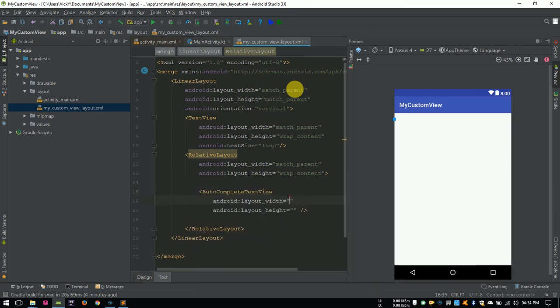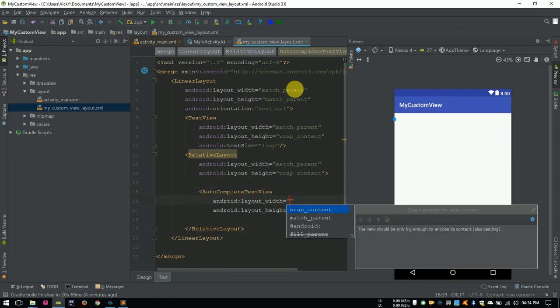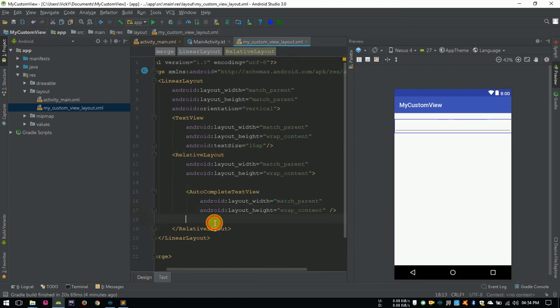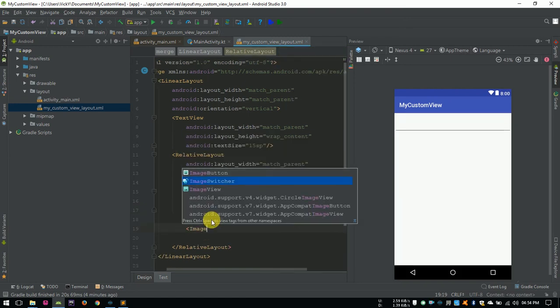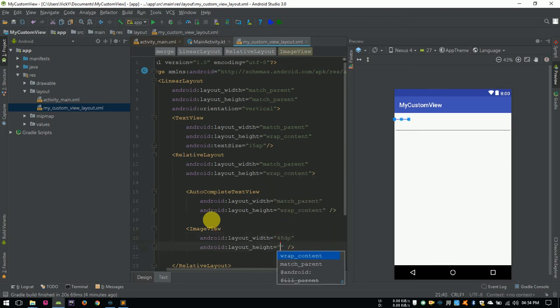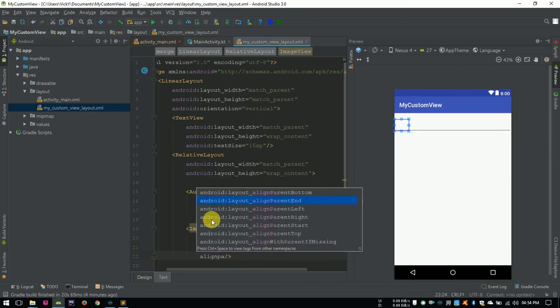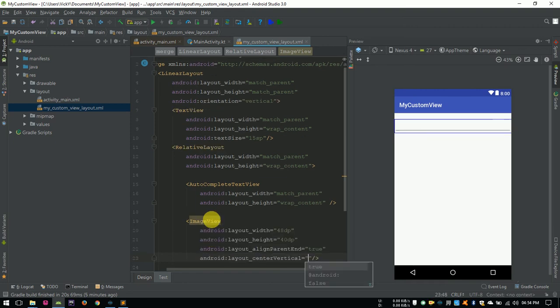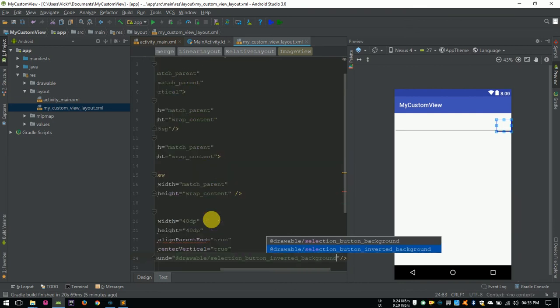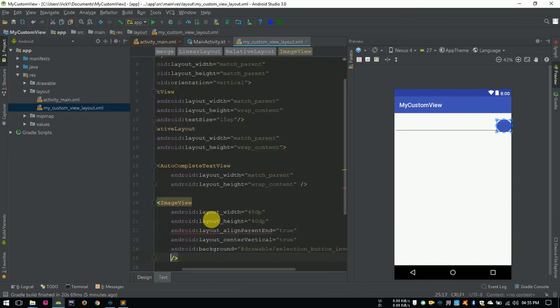Create the autocomplete text view with width as match parent, height as wrap content. Create an image view to display the add icon with width as 48 dp and height as 40 dp. Align parent end true, center vertical true, background as selection_button_inverted_background from drawables. Source as add_white from drawables.